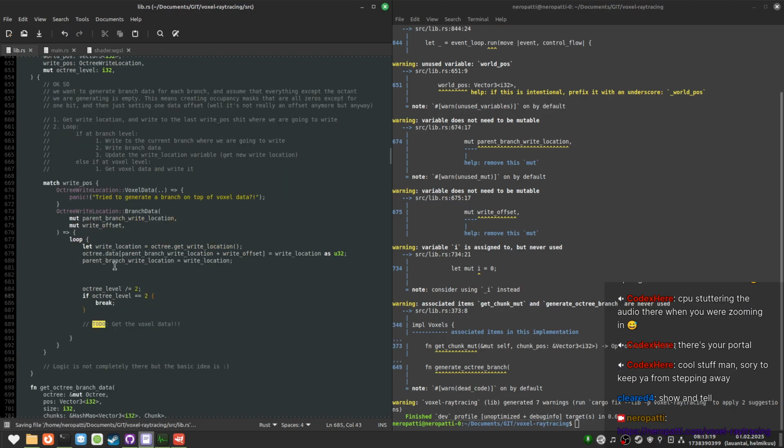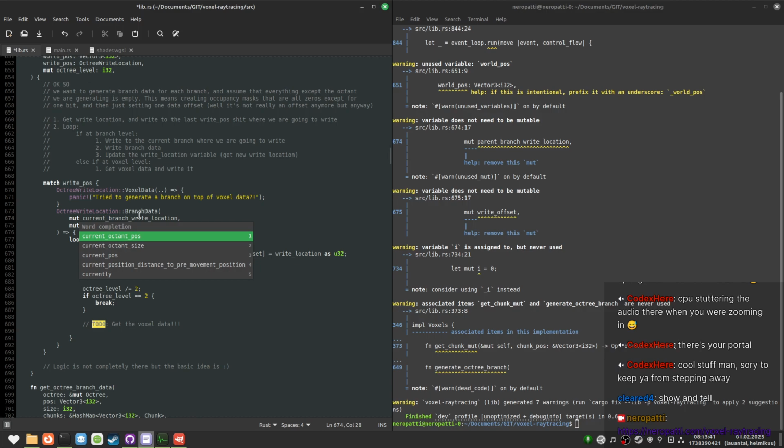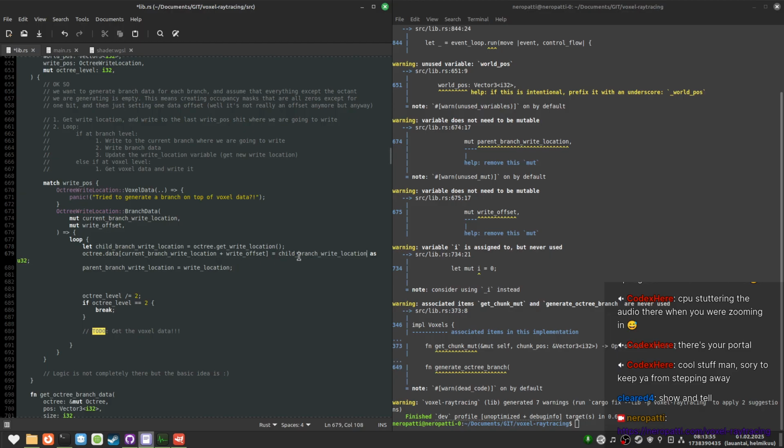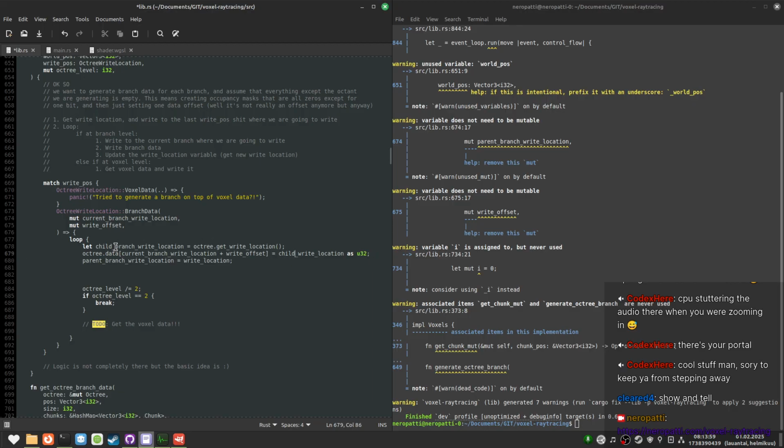And then after we're done with this, we have to get the voxel data and write it to the right location. Now the names make a bit more sense.